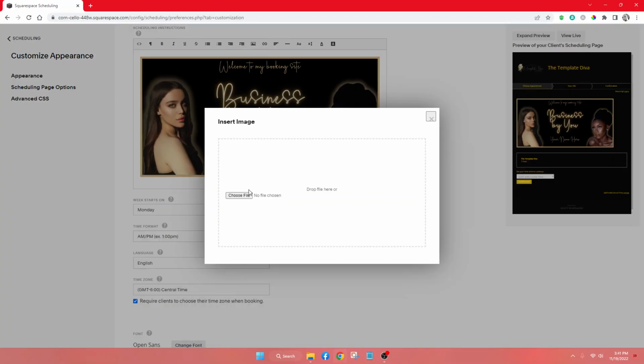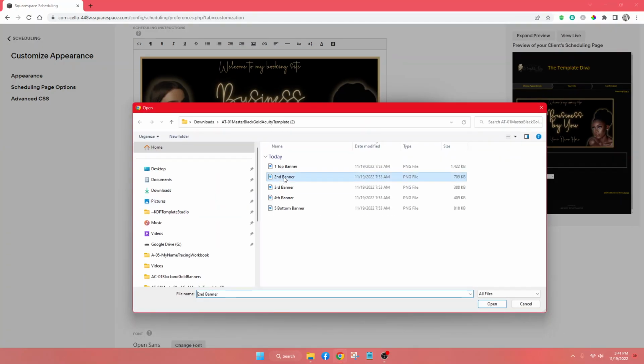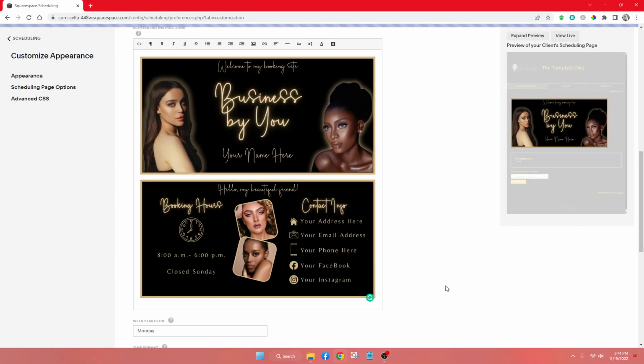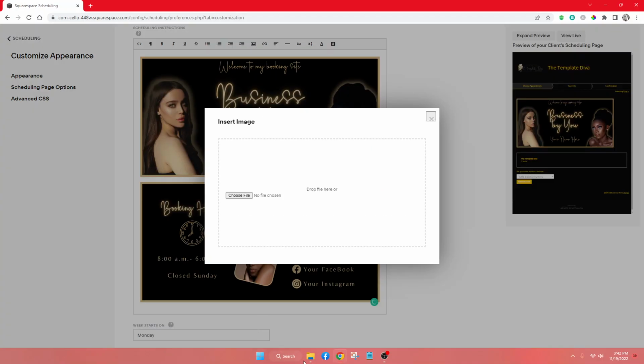Then you can go in there and grab that second banner and drop it, and it's going to go underneath. If you don't, but see, it's already blinking over here on the left. If you see it blinking over the left, click on the right. And you can drag and drop your banners in here when you open this insert image field up, and you've got your banners.